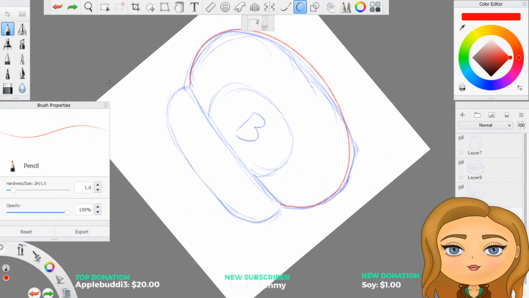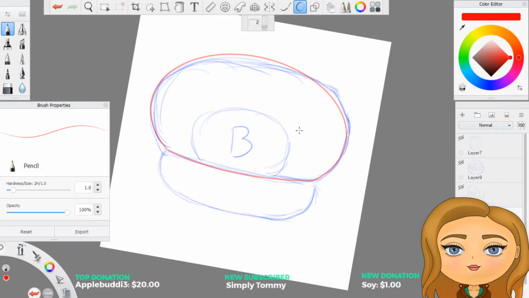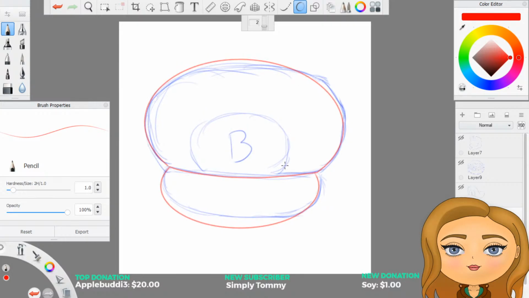I don't like doing it in that direction. Let's rotate and try again. Much better. Just a more comfortable position for me to make that shape in. Maybe we do the brim last. I suppose we could get a more circular shape out of this. Why did that not ping for me?